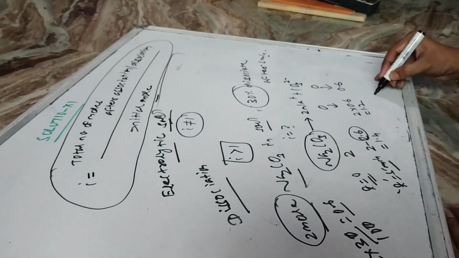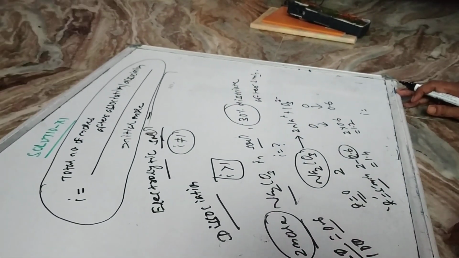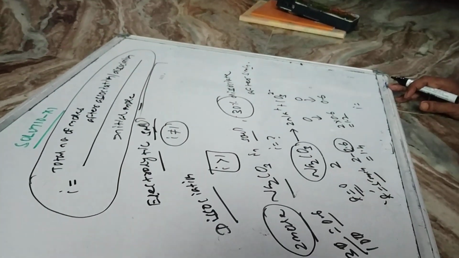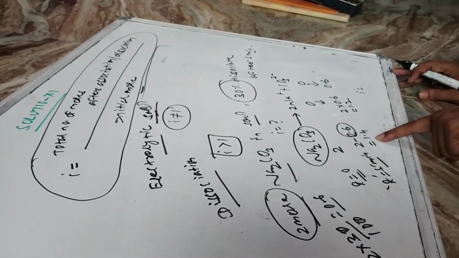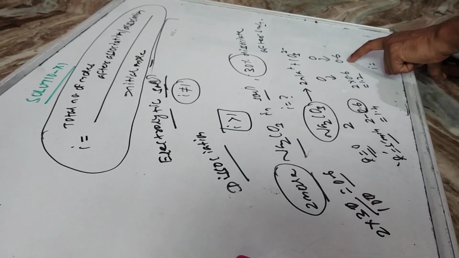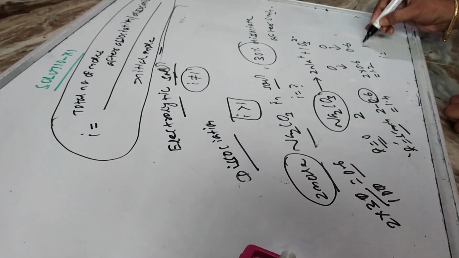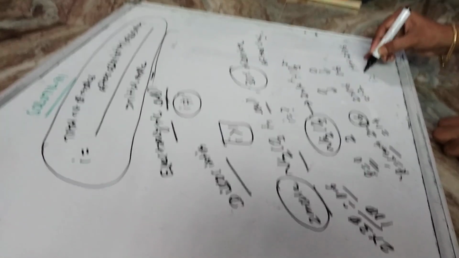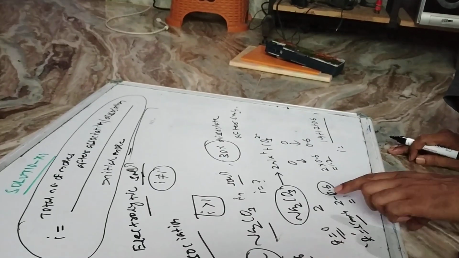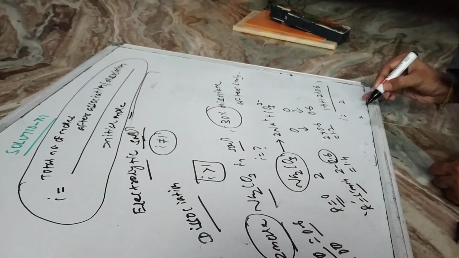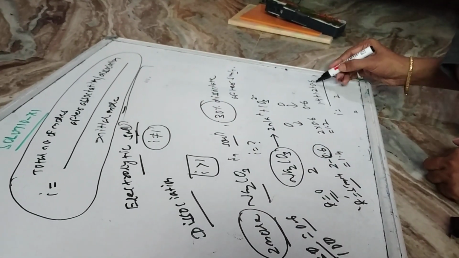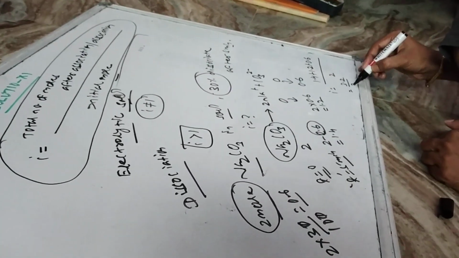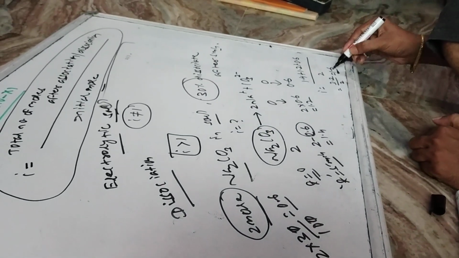So I can write, what is the i value for it? Its i value is the total number of moles after dissociation divided by the initial moles. What is the total number of moles after dissociation? 1.4 mole of sodium carbonate, 1.2 mole of Na plus, and 0.6 mole of CO3 2 minus. So it is (1.4 plus 1.2 plus 0.6) divided by the initial moles I have taken, which is 2. That is 2.6 plus 0.6, 3.2, divided by 2. So that is 1.6, and its value is greater than 1.